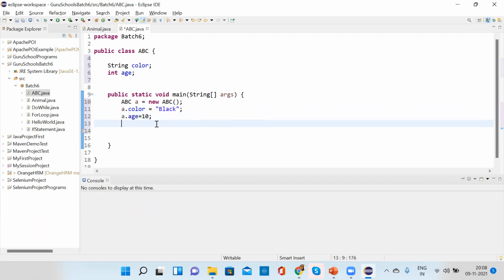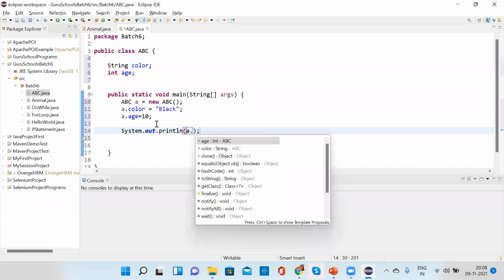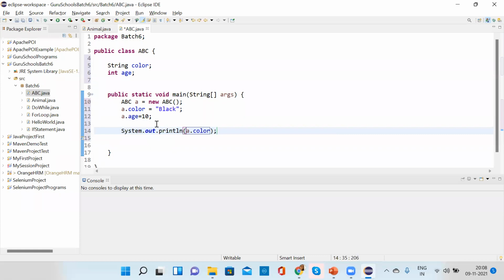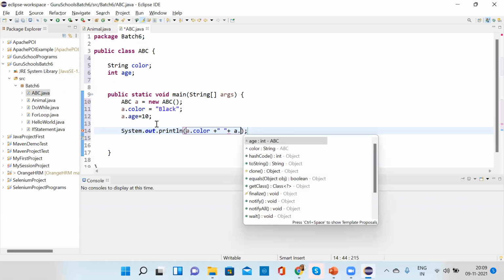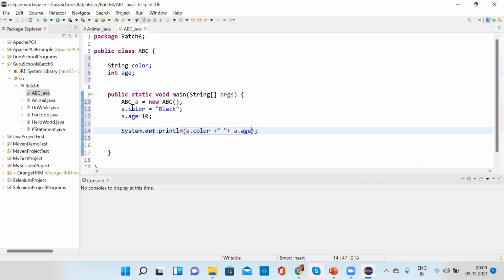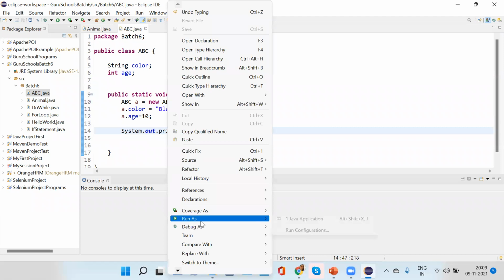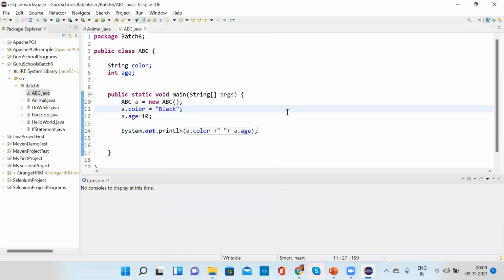Now, if I wanted to print that, what do I have to do? I have to write a dot color, plus, just to give a gap, right? And then a dot age. Now, if I execute this program, what will it give?